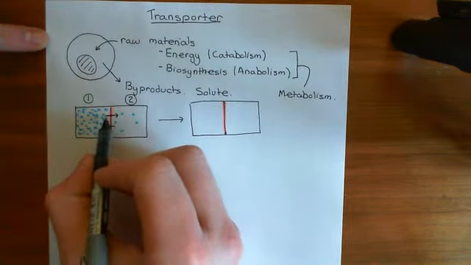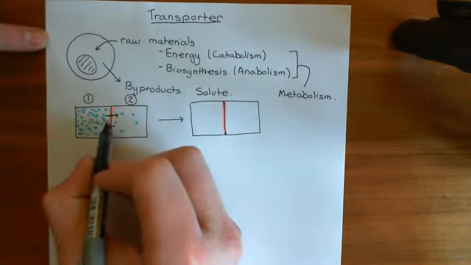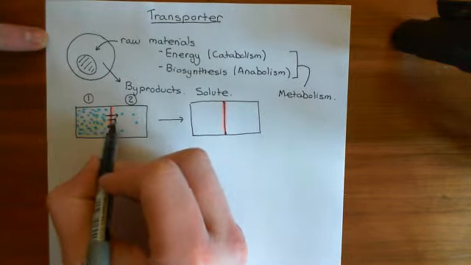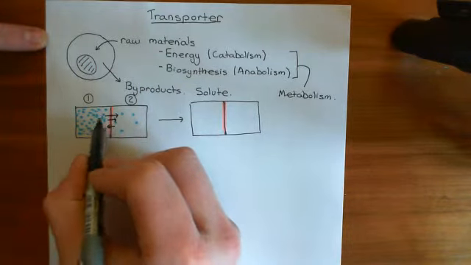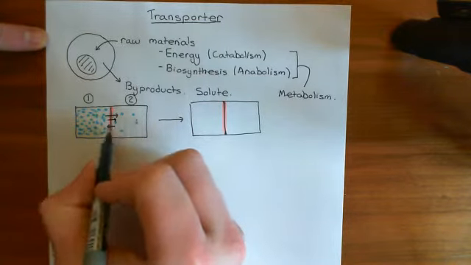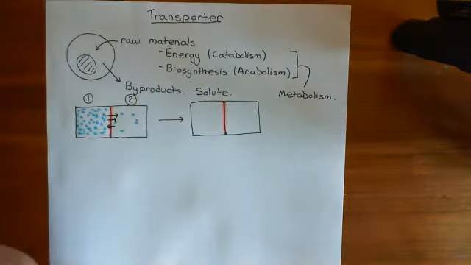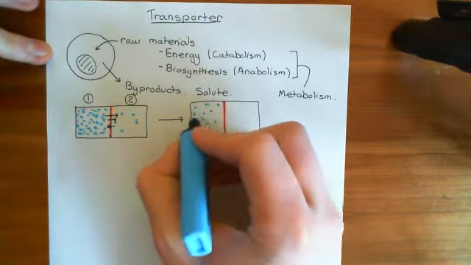Okay, so this means that when you work out the net movement of solute across this membrane, you're going to get a net movement in this direction. So all you need to do is take the movement from 1 to 2 and subtract off the movement from 2 to 1. Okay, and that means that in that second you have overall moved molecules from compartment 1 to compartment 2, and this will continue happening until you finally reach an equilibrium, which will be at the point when